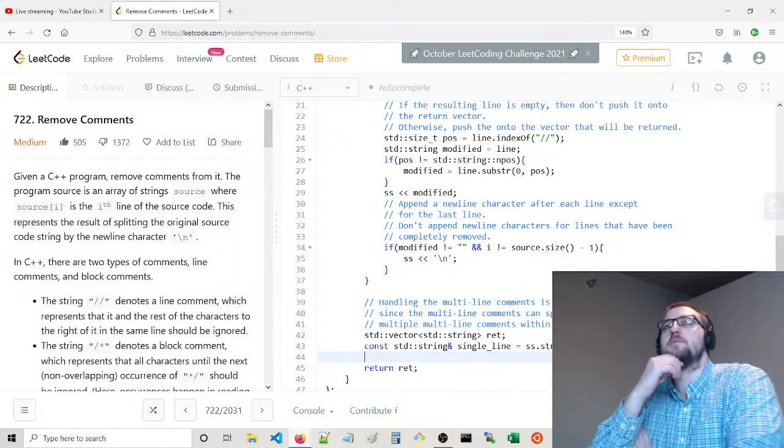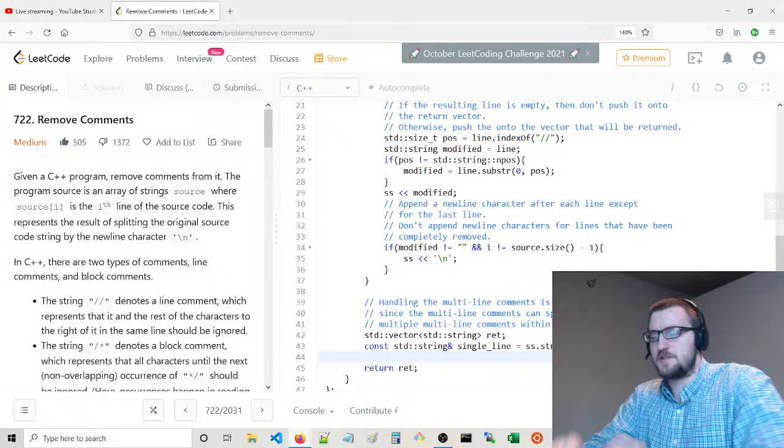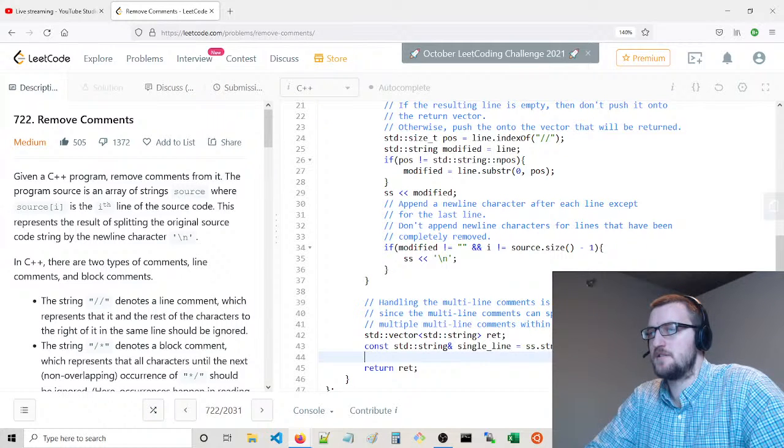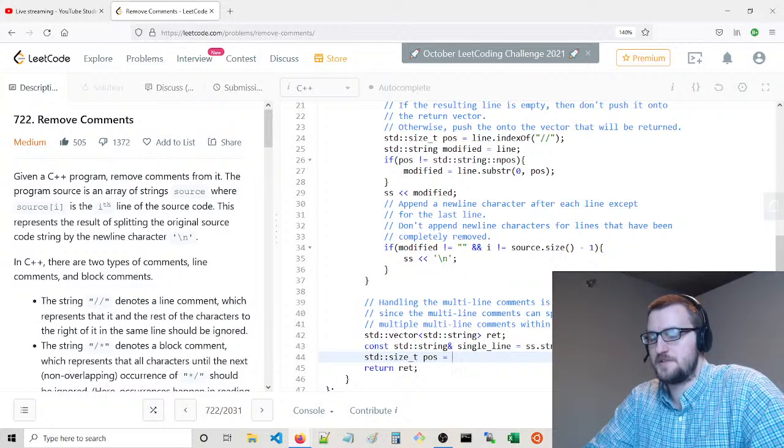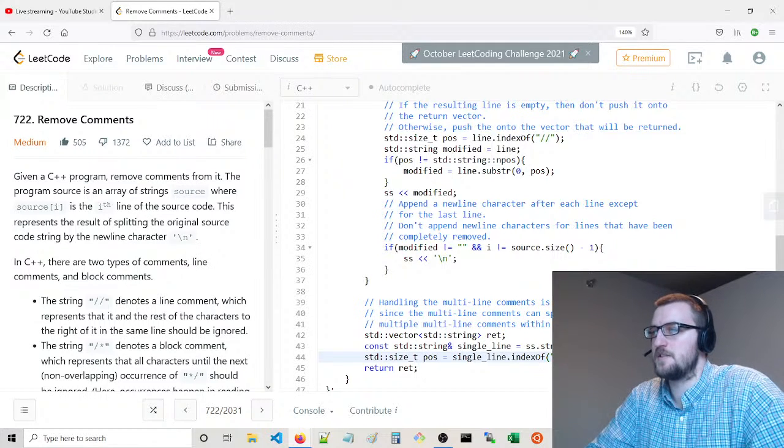So what I want to do is find the, let's do it this way. size_t position equals singleLine.indexOf of /*. Yeah, just like this.